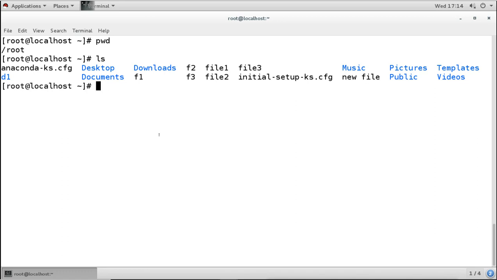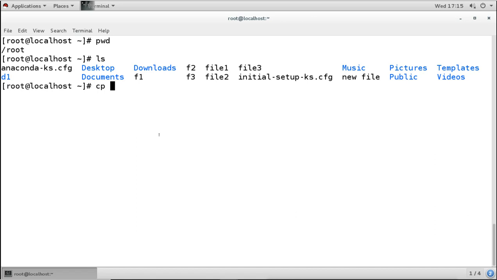So in the copy command, the command is cp. Then we will mention the source file, that means the file which we want to copy. If it is in the local directory, in the local path, then we can mention the name of the file directly, or we can mention the absolute path.